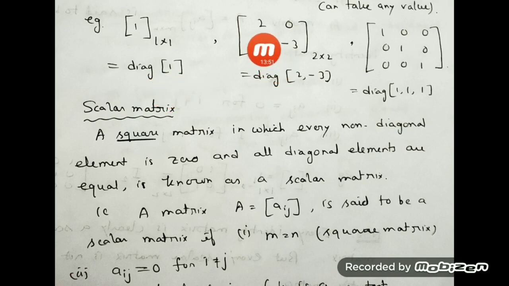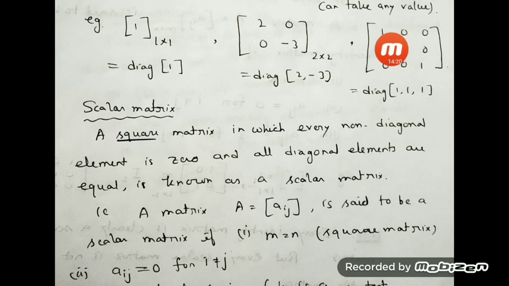So if it is this one, you see 2, 0, first of all it is a 2 by 2 matrix. Then the a11 position is 2, the 12 position is 0, the 21 position is 0, the 22 position is minus 3. So this is the diagonal element. This is, remember, off diagonal. So diagonal element, non-diagonal element 0, and diagonal can take any value. So this you may represent like this also. Mostly this one is used, but sometimes you may denote it by Diag(2, minus 3).